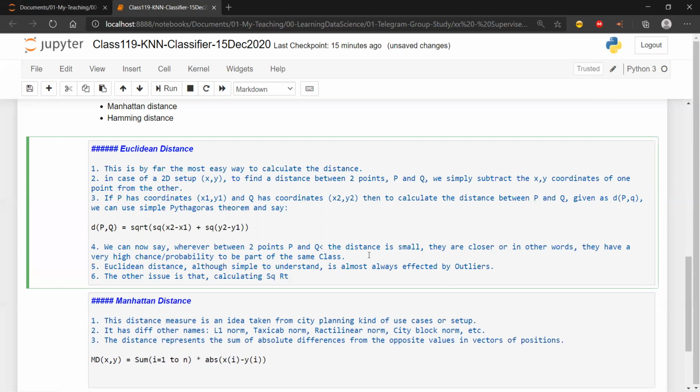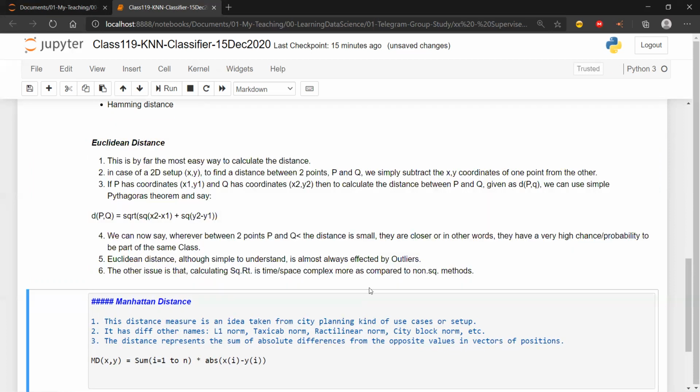If you are already reading about Python, data structures, and time and space complexity, you will agree that calculating a square root is more time and space complex compared to non-square methods.